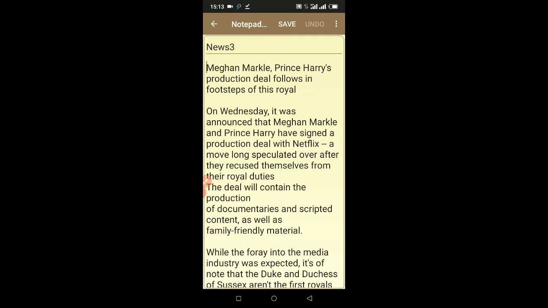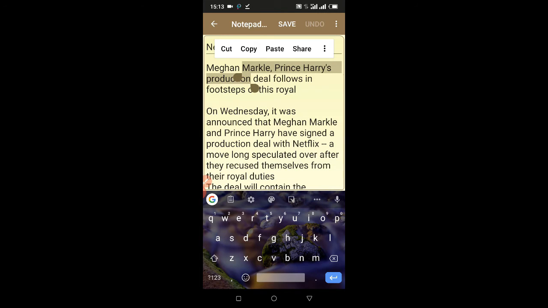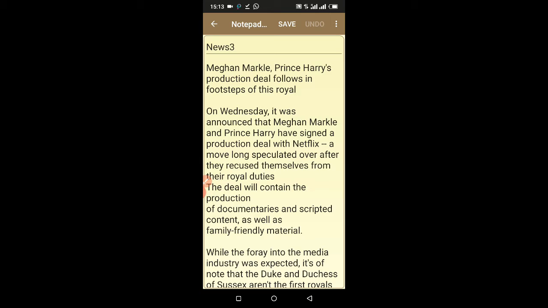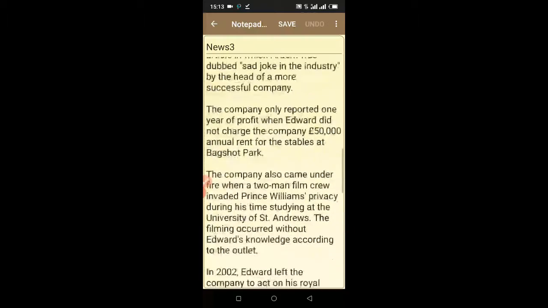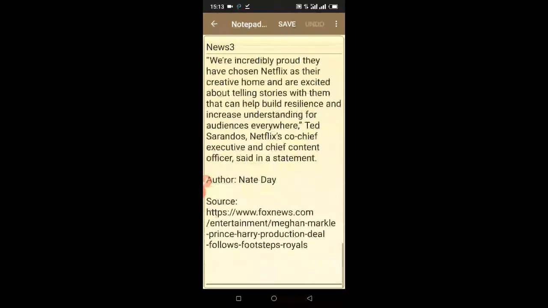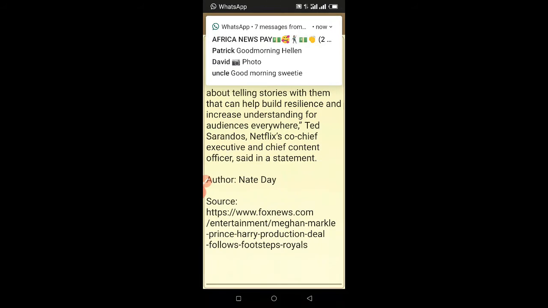From here, this paragraph is the title. This is the title of the news, and then the news starts, or this article, it starts from on Wednesday and goes all the way to the end. It's very important to add the source.